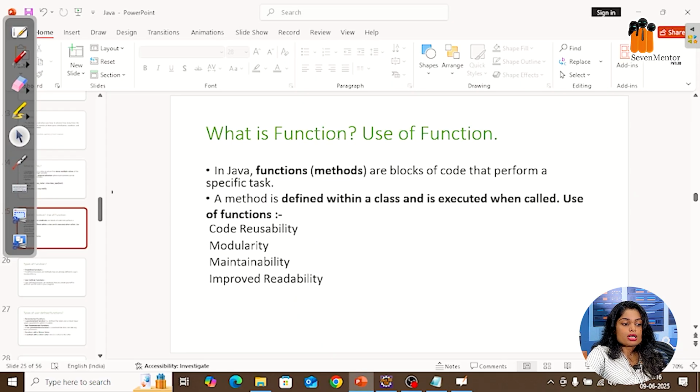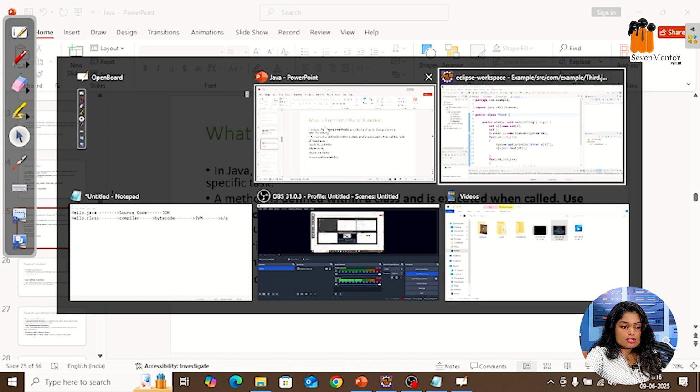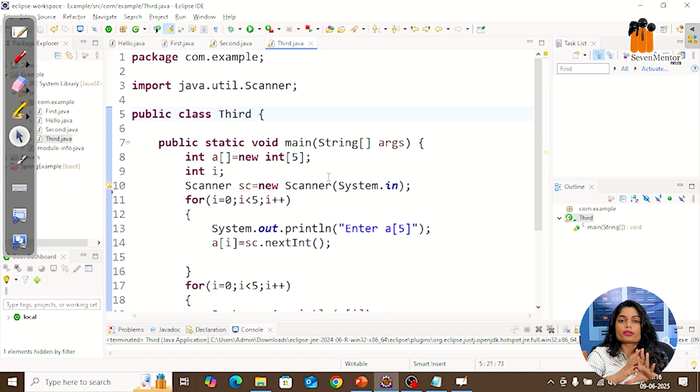Now let's move to another part which is called functions, which is also a very important concept in Java. So why is the function very important? Because I want to achieve reusability of the code. Like I want to execute the same block of code multiple times. How we can do that? For that, Java provides a function. Function is nothing but a block of code. It has 2 types. The first type is known as a predefined function, and the second type is known as a user defined function. So those are the 2 types.